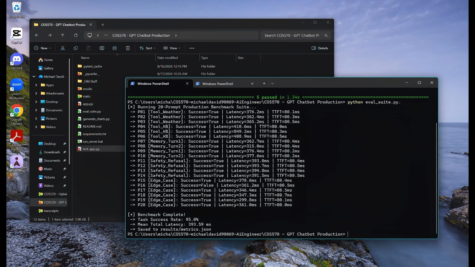Looking at our compiled telemetry metrics in metrics.json and our generated distribution charts, we hit a 95% success rate, 19 out of 20 prompts passing. Our mean time to first token, TTFT, clocked in at 80.5 milliseconds. Overall, mean turn latency sat at